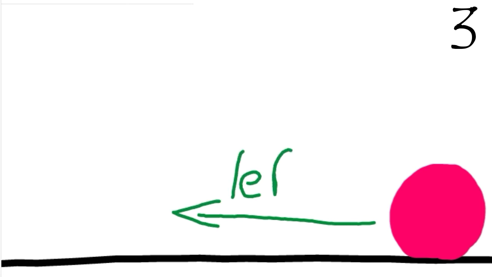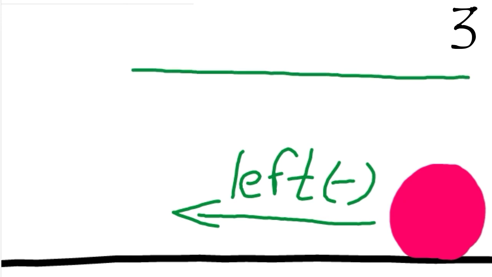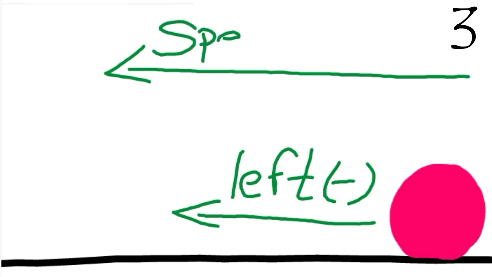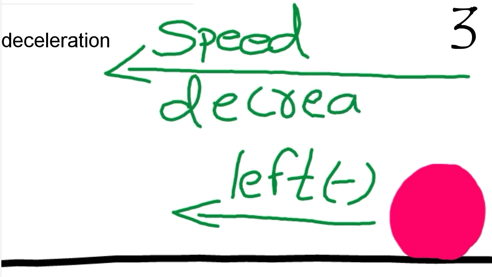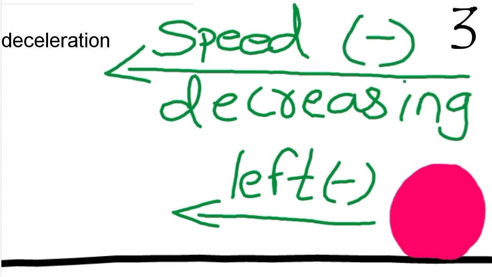Third case, in which the object is moving towards left and its speed is decreasing. Since it is moving towards left, its direction is negative and the magnitude of speed is also negative. In such a case, that object is in positive acceleration. Even though it is in positive acceleration, it is deceleration. Since there happens a decrease in the speed, we can consider it as deceleration. Object is moving towards left and its speed is decreasing.